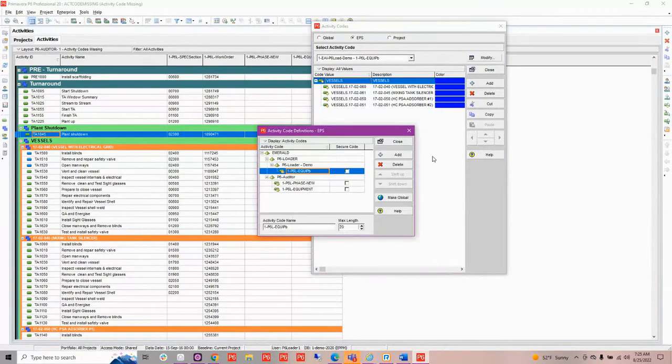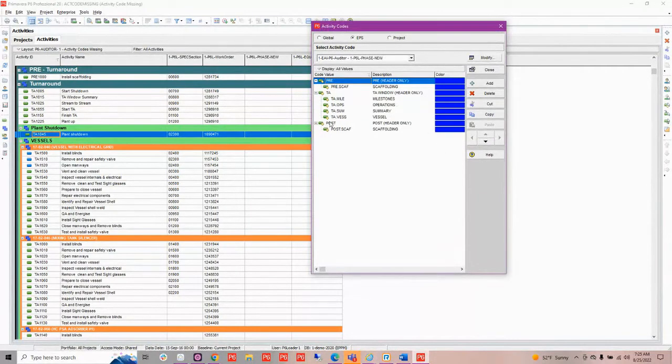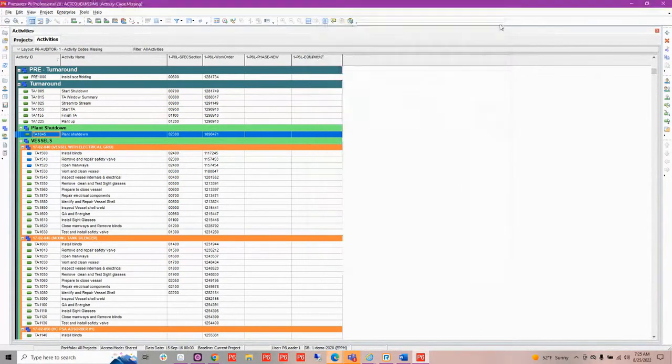And I can go in and take a look, and sure enough, there they are. So there are the values. Yep, that's exactly what needs to be there. But why are they not assigned to my project? So I can go in to